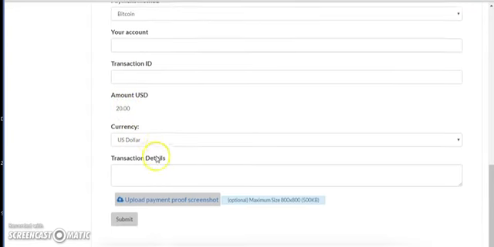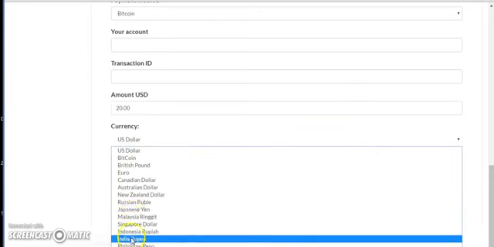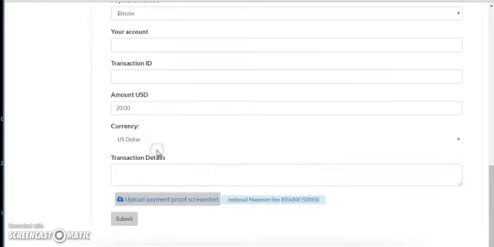By default, it's all in U.S. currency, unless you made arrangements with your upline to send the funds in any other currency. Here you can make your selection. Otherwise, leave it in U.S. dollars. Here again, it's asking for the transaction details, but since you have already put that in here, then here